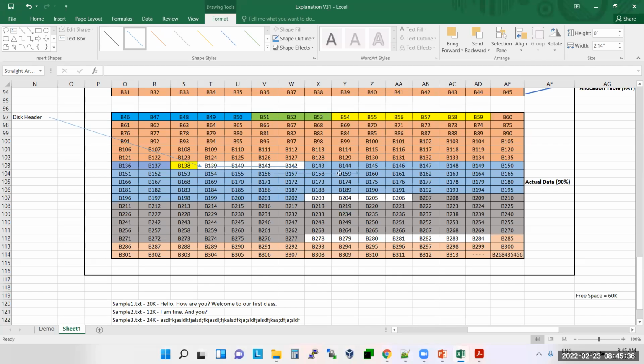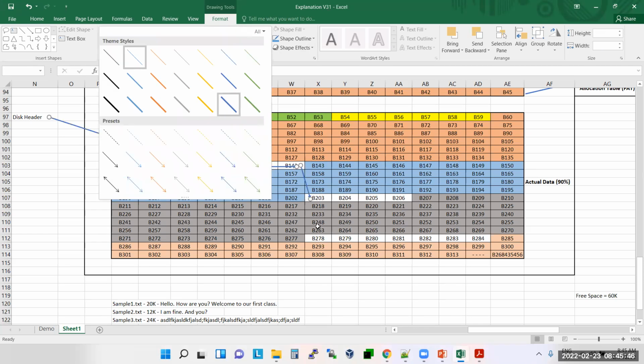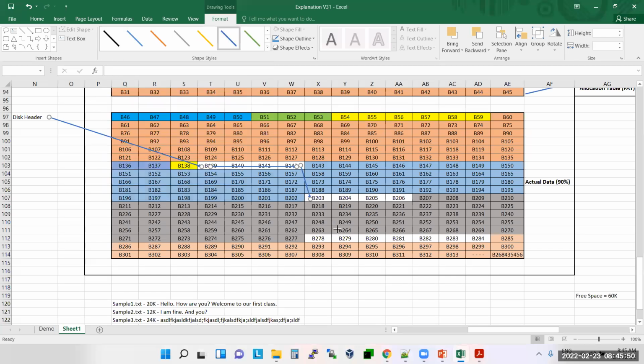Once it is done, it will jump from 142 to 203. Correct or not, guys? Yes, sir. Again it will start writing from 203 to 206. Again it will jump from 206 to 278, and from there it will start writing till 284.